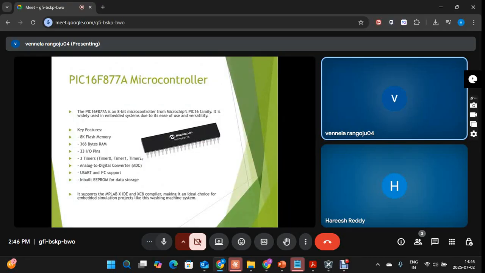So the PIC16F877A is an 8-bit microcontroller which is widely used in educational and industrial projects. It's part of Microchip's PIC family. So here's why we have chosen this microcontroller: it has 33 input/output pins, timers, ADC, USART or